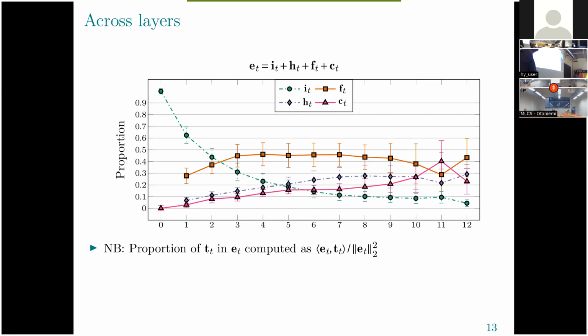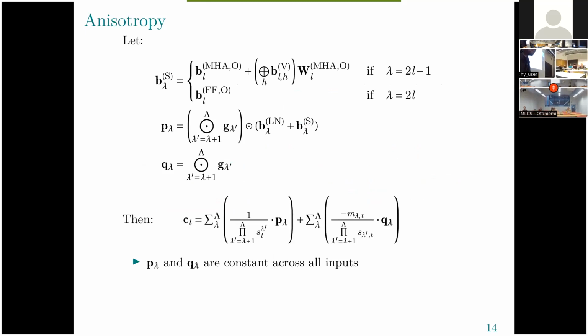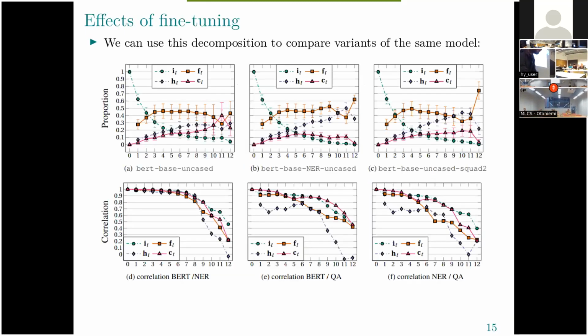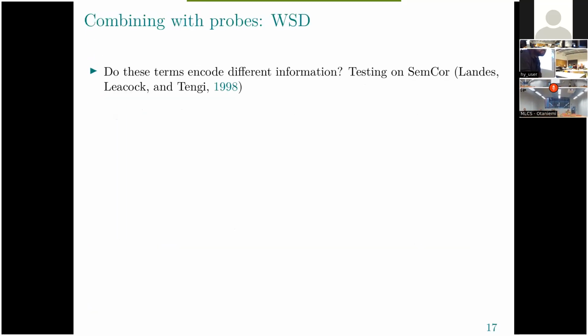That's purely about the geometry of the embeddings, looking at how much of the variation in my embedding I can explain due to the feed forward term. Right, and not necessarily how easily separable it is. Right. Whereas here,